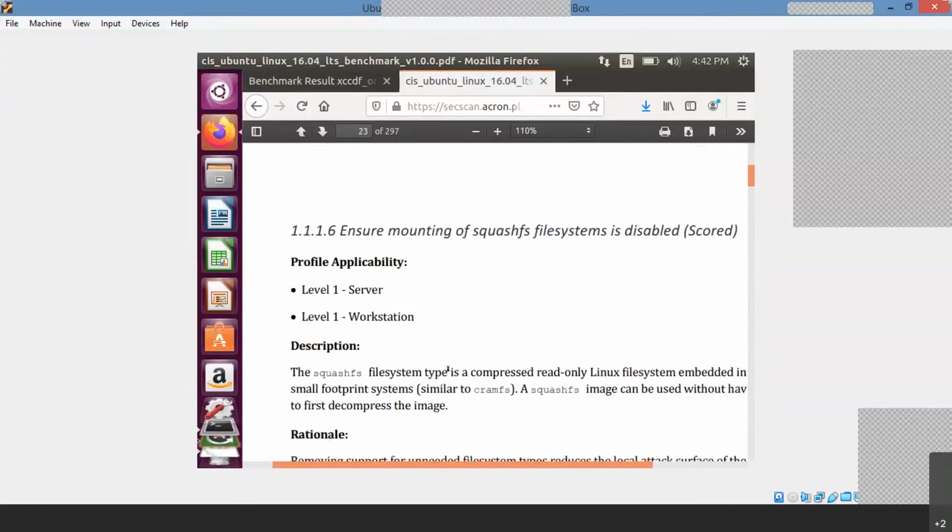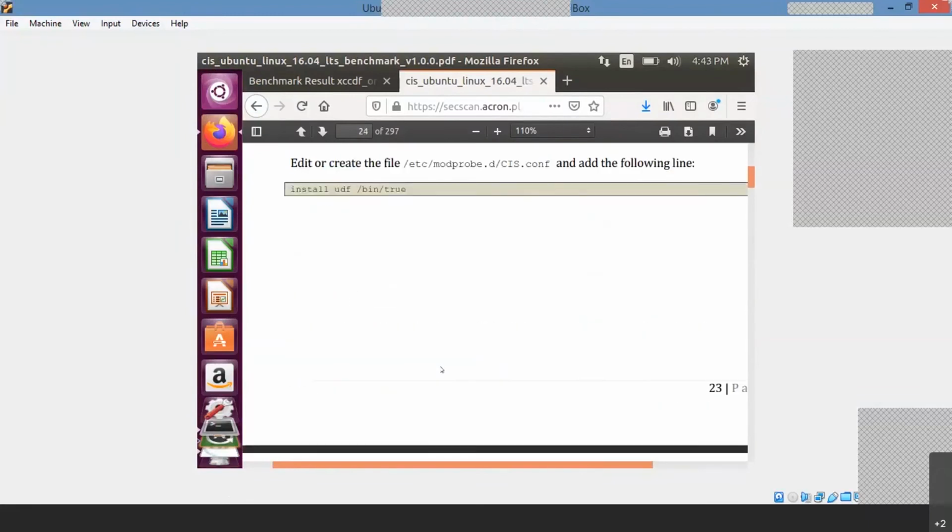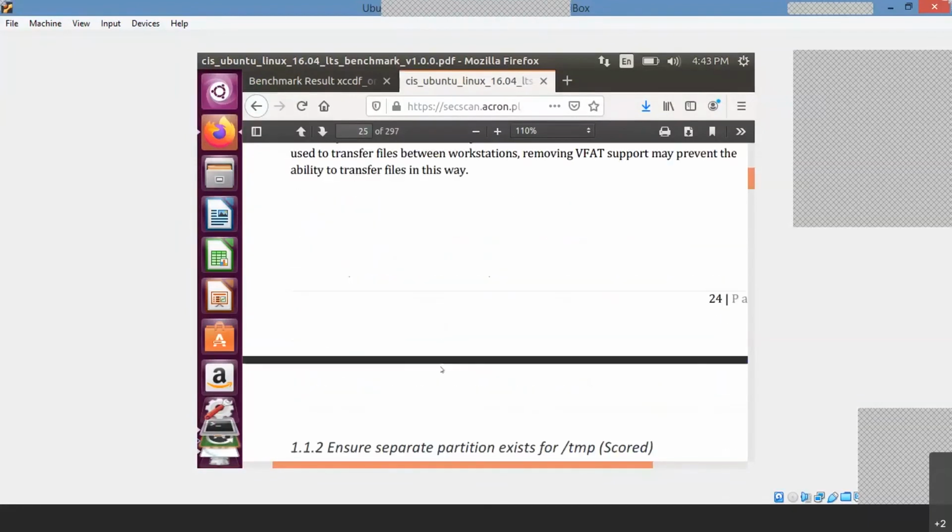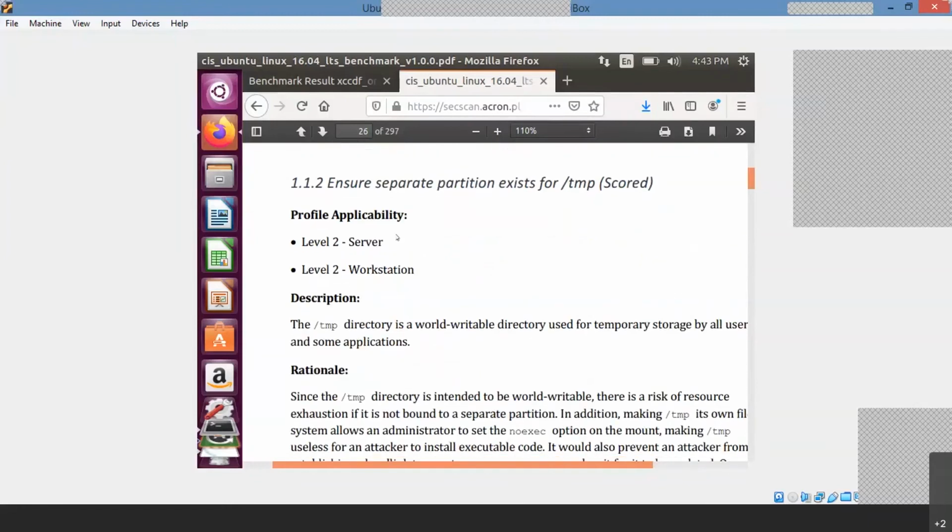We'll come to some network points of view. Ensure separate partitions exist for /tmp. Whether you create any separate partitions while installing an OS. What are the criteria, or what are the partitions you use while installing your Linux operating systems? Can anyone tell? Pramod, Sanjay ji, or Goral, maybe experts from the chat can tell what the various options are that we select while installing a Linux operating system.